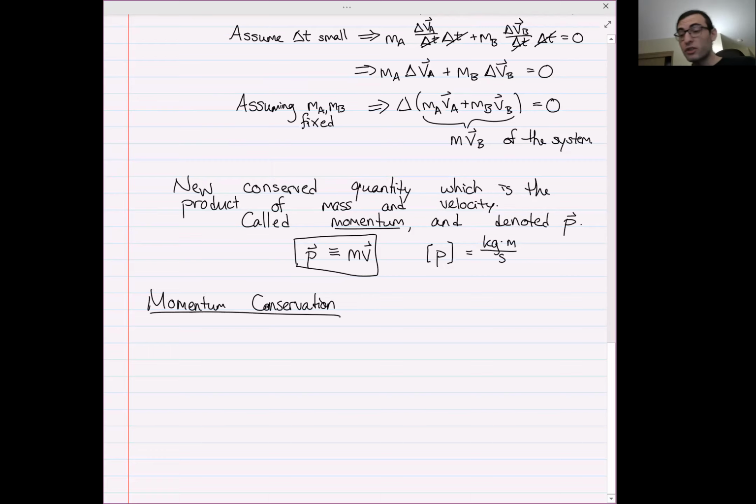So first of all, why do we care about momentum conservation? We care about this thing, momentum, because new conserved quantities in general are very useful. You've already found from doing the homework that energy conservation lets you solve problems that would have otherwise been very hard to solve. And so just having another conservation tool will be very, very helpful to solve other types of problems. And maybe we could combine it with energy conservation and so on and so forth. So let's talk about when